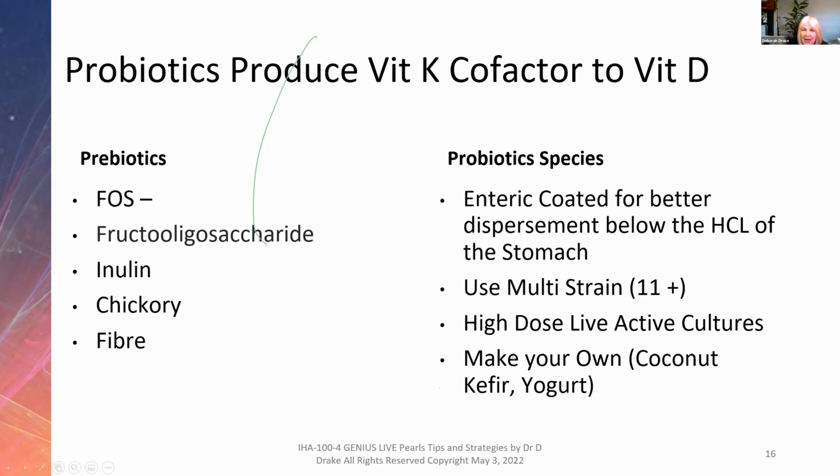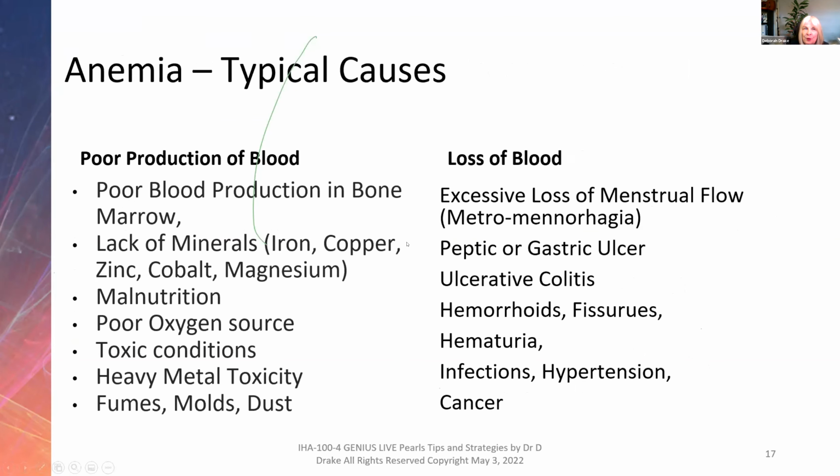And you can always make your own by putting a quart of milk on the countertop, put in 1 capsule or 2 capsules or even 3 of active culture from your acidophilus strains, and then cover it with saran wrap for 3 days, and it'll separate into the whey and the curd to make your own high potency, inexpensive probiotics. Remember, you can also get poor blood production if you're lacking in minerals like iron, copper, zinc, cobalt,